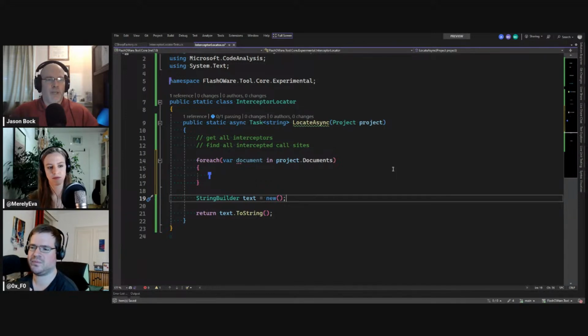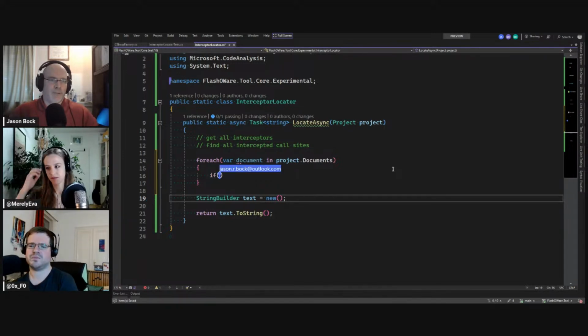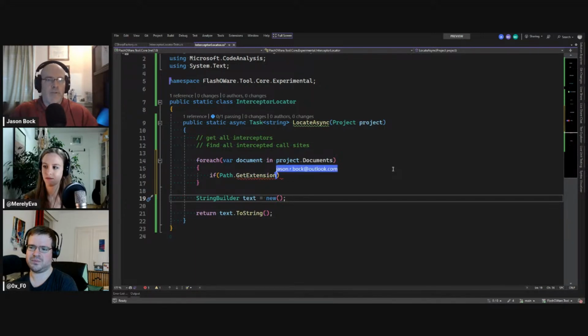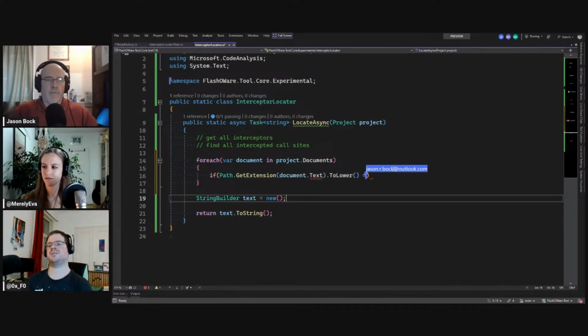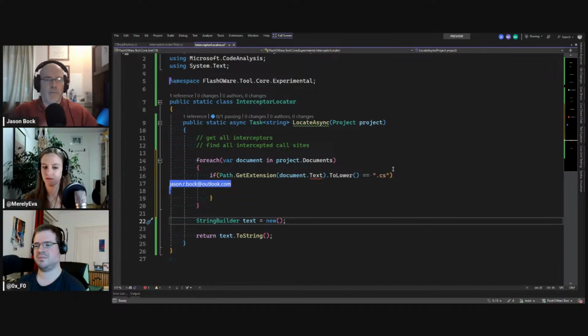So the way I've done it, and we can change this as well, is to go Path.GetExtension. We want to get the extension, so that gives you the document to load equal to CS. So that way we know we're actually looking at the right files. Wait, I don't want the text, I want the file path there. Okay.